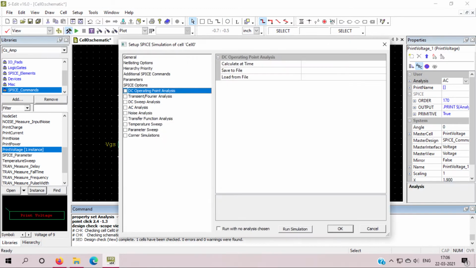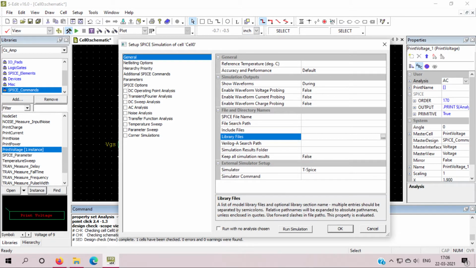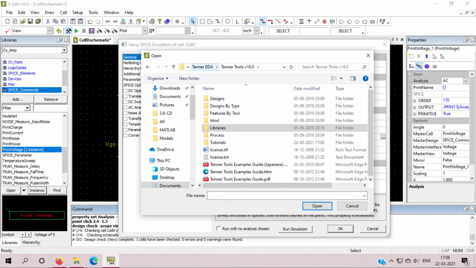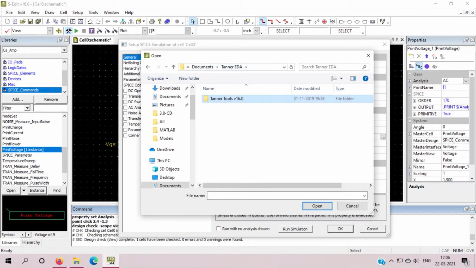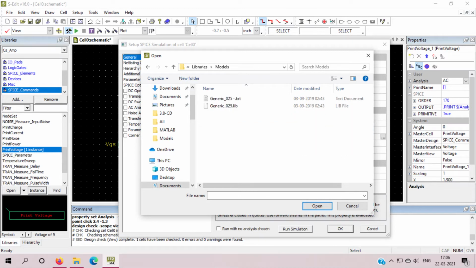Now I will give the settings. First I will go to general, and then I will add my library, as I have already told you, that you will get the library under Documents, inside Tanner tool, inside libraries, inside models, and here is generic 0 to 5, meaning this is the 250 micrometer library file, .lib.